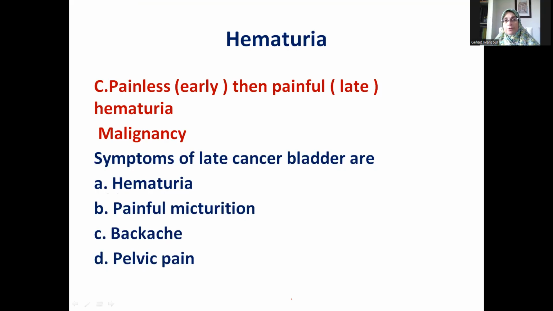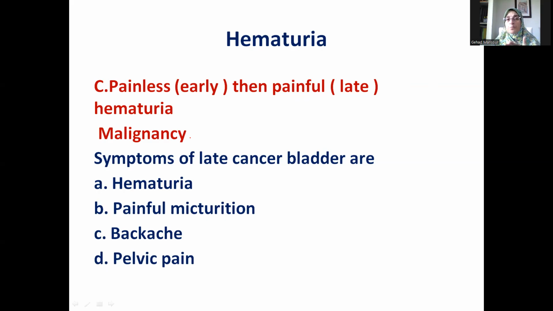Then we have hematuria, again, painless hematuria. There is a third group of hematuria that starts painless and then ends up being painful. So we had the painless hematuria that is painless throughout the course of the disease, and the painful hematuria that is painful from the very beginning. And then we have a third type of hematuria, or diseases that cause hematuria,